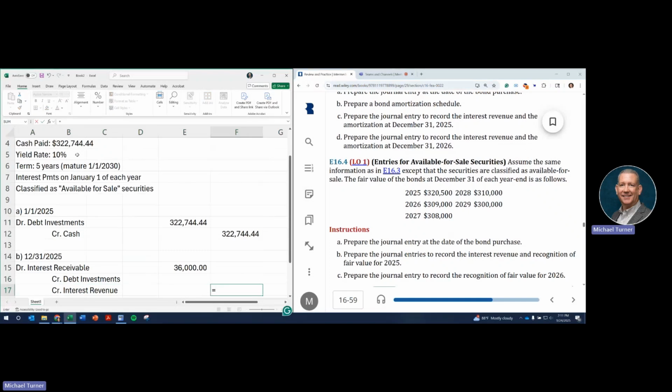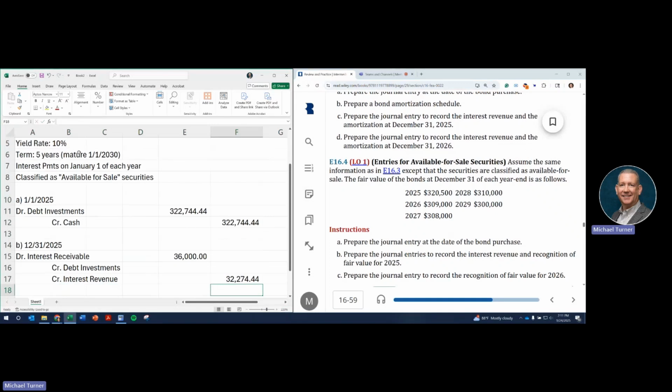So these bonds that we invested in, $322,744.44. That's the amount that the bond is on our books for from January 1, 2025, all the way through December 31st, 2025. So that carrying value of this instrument that we've invested in is $322,744 for the entire year. And the problem told us that these are designed to yield 10%. So that carrying value times 10% means that I'm going to record interest revenue of